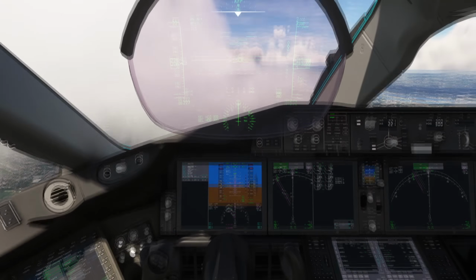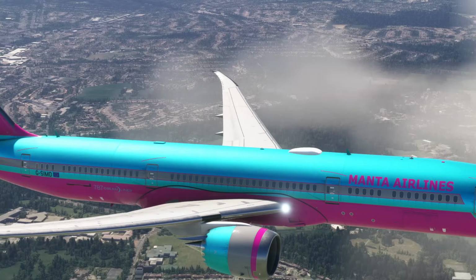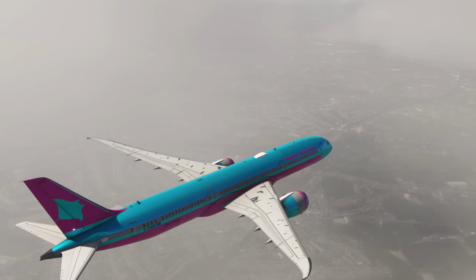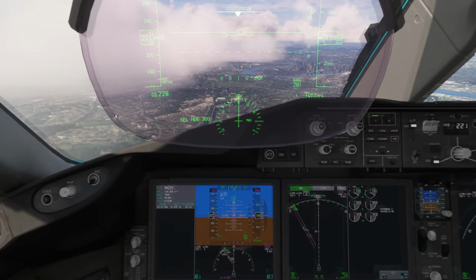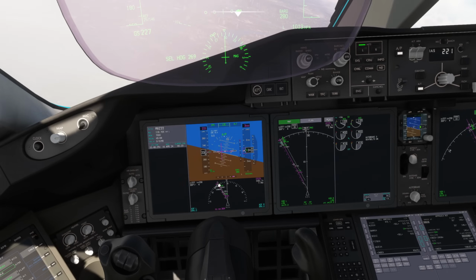Now the 787 is a quick aeroplane. Look at those beautiful, beautiful swept wings. It does want to fly fast, so actually you can sometimes be a little bit quicker than that and still get away with it, but to keep things simple for yourself, those are the speeds I would recommend sticking to at first. Good stuff. So here we go, LOC has activated and the heading bug has spun round,